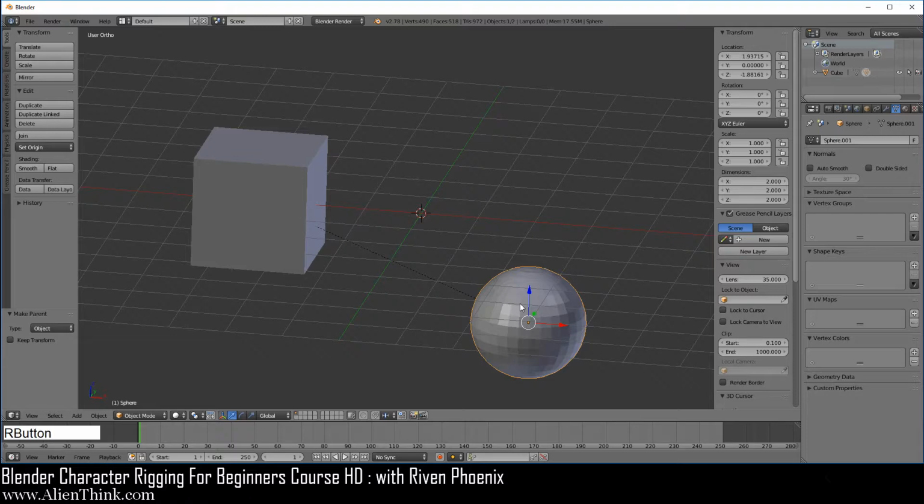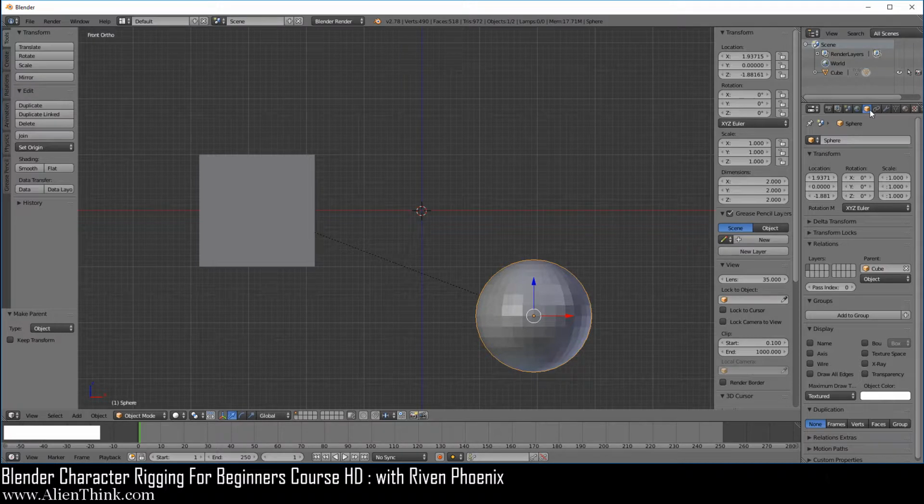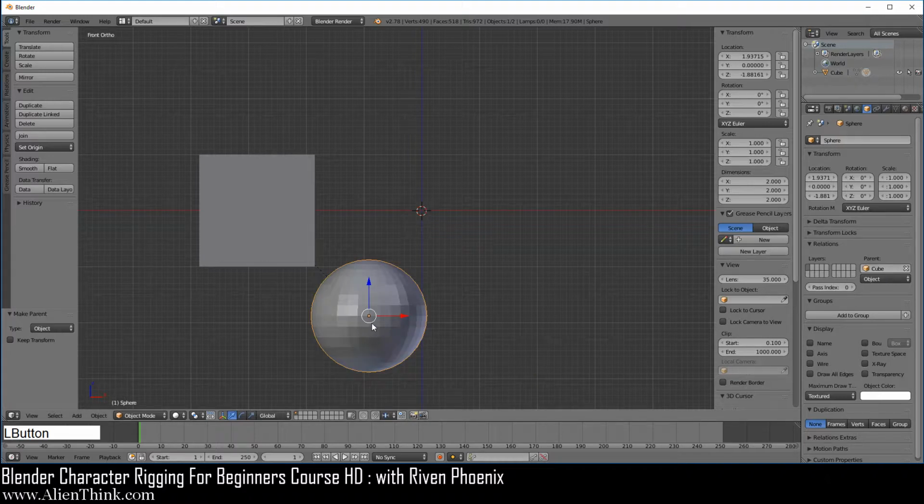Now, if you click on this sphere, press the 1 key to go to your front view. Now click on the Object tab over here. Go ahead and click this and just set it to object again. Notice that the sphere moved to the left. So what's happening here is that when we create the parent-child relations over here, the child will treat the parent as the center of the 3D grid.